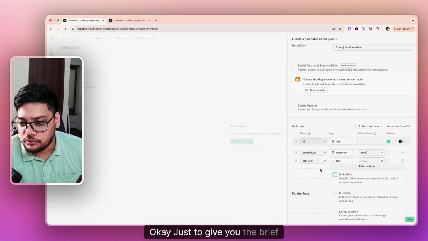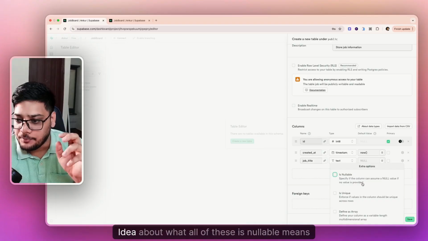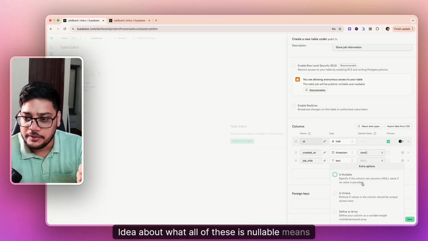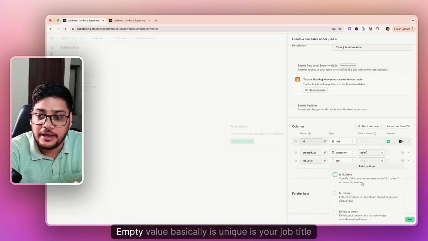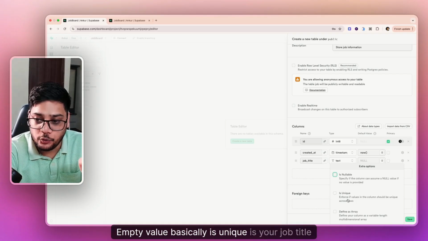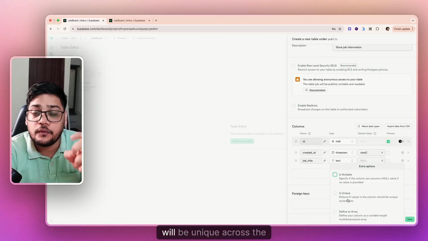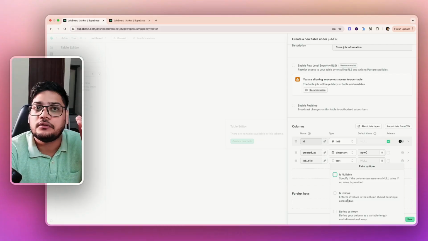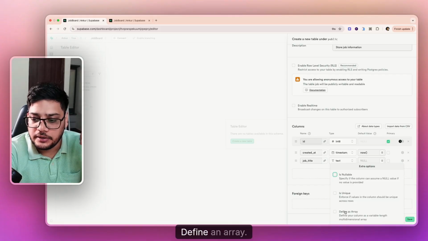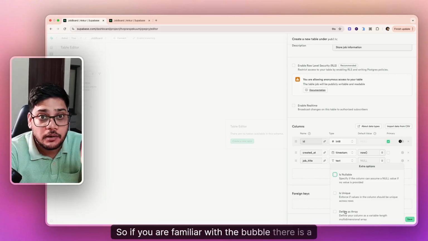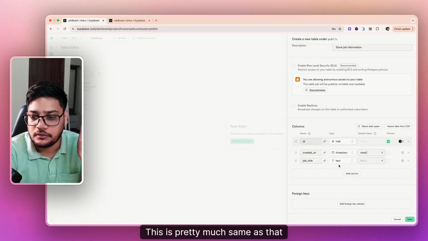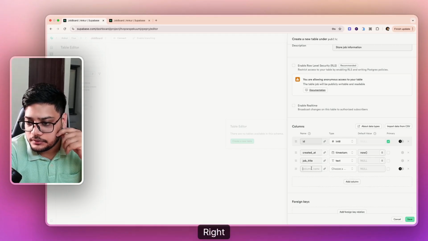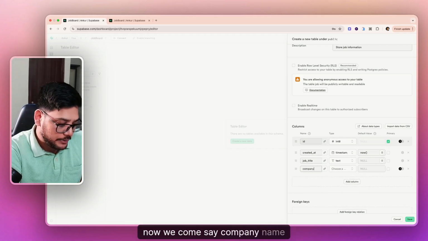Okay, just to give you a brief idea about what all of these mean: is nullable means your column can have a null value, an empty value basically. Is unique means your job title will be unique across the rows. Define as array: if you are familiar with Bubble, there is a thing called a list. This is pretty much the same as that for a column, right? Now we come to company name,